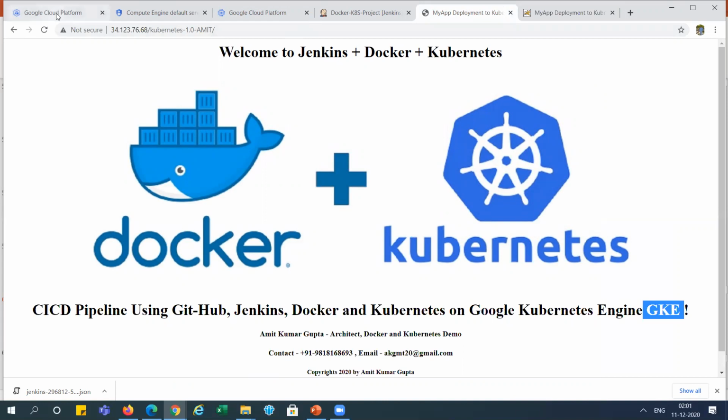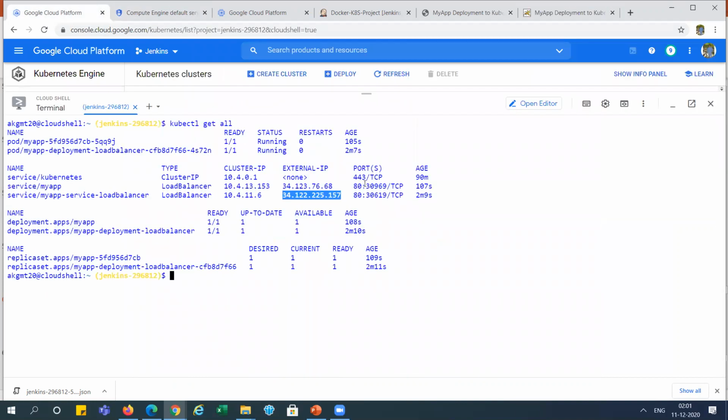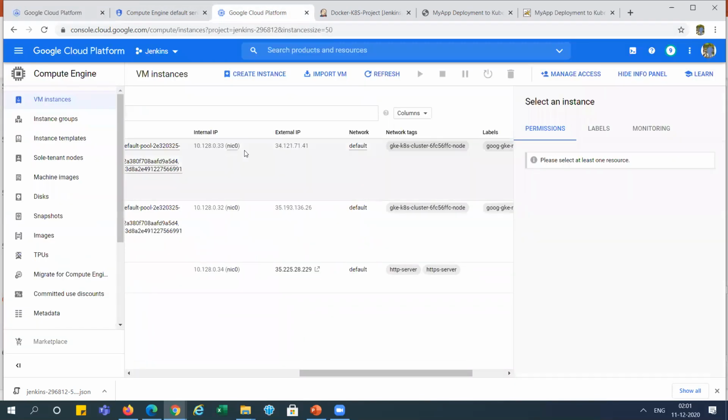The same thing we can access with the node URL also. I will take one for that. We can access this node IP with this node port. So let's check. Here you can see this is node 1, and I will check only node 1.